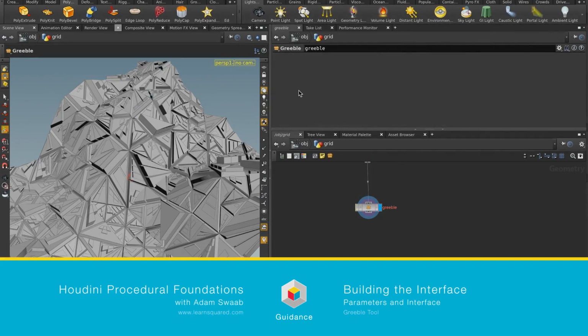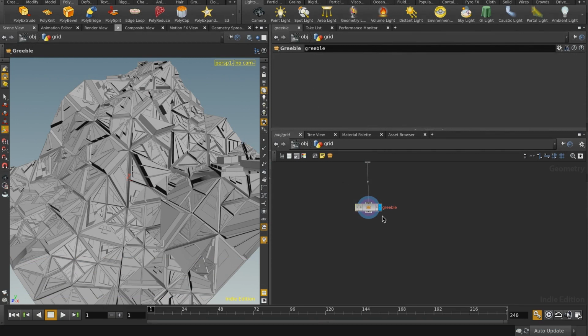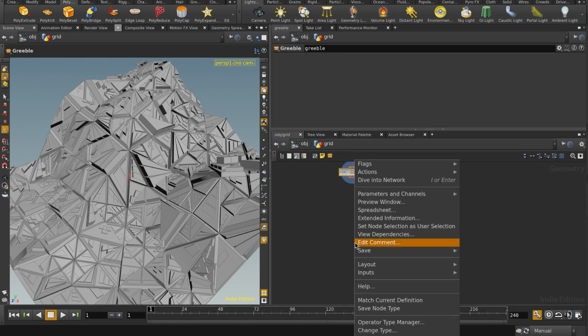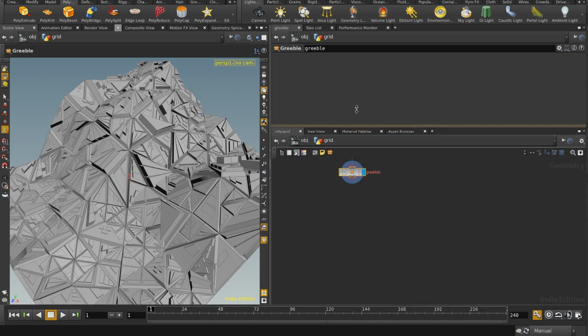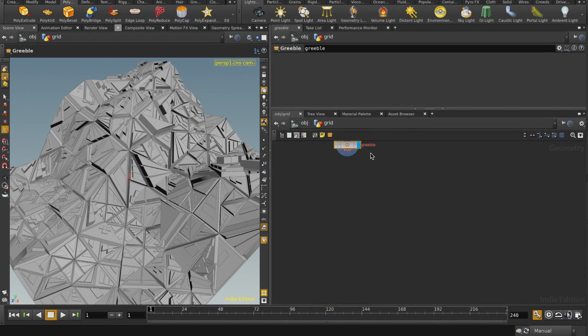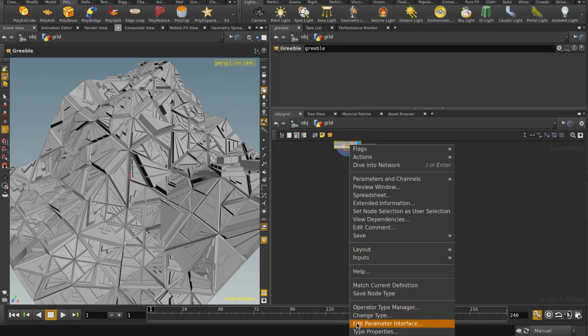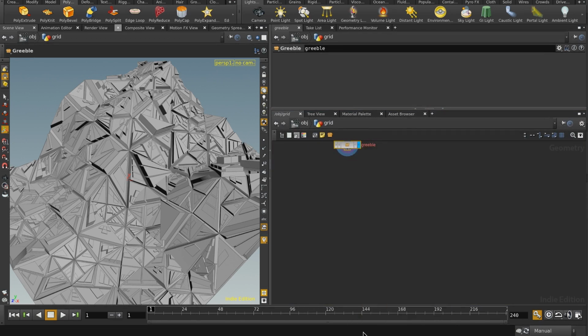So let's start propagating some user interface controls into our asset. I'm going to turn this to manual while we do this, so it's going to stop this from updating. And I'm going to right click here, and I'm going to go all the way down to the bottom. It's a little off the screen. Maybe we'll see it here. Let's make sure we can still see it. And we're going to grab type properties